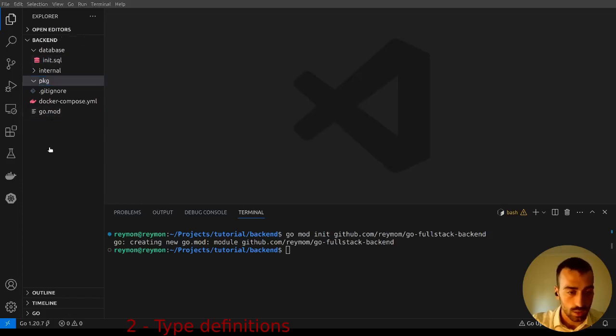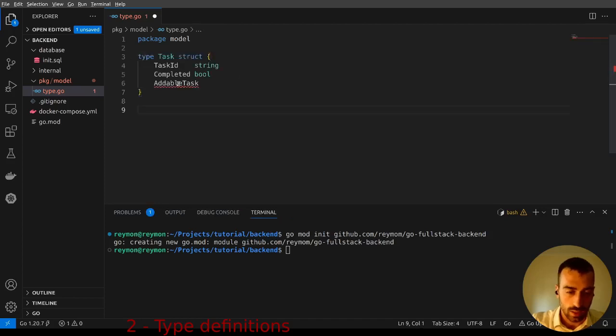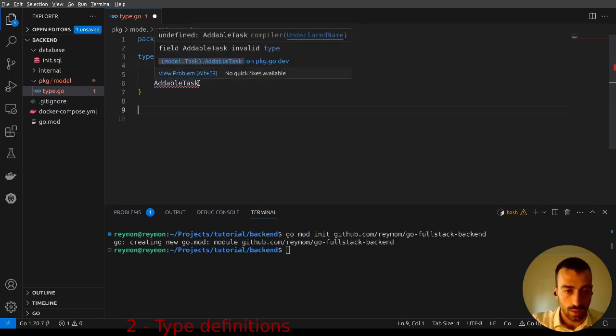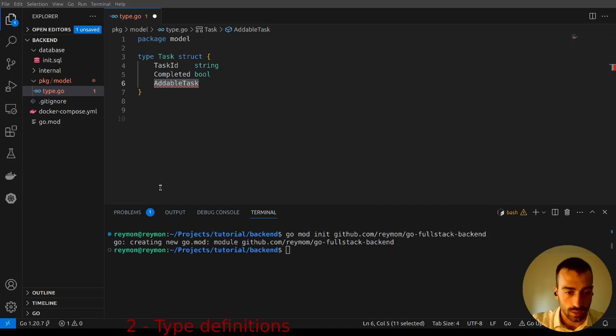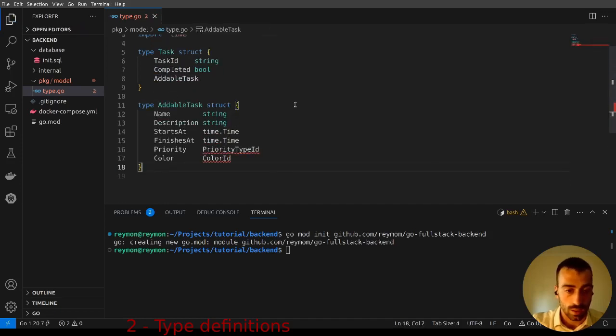inside here, this is going to be created in model. And inside model, we need the definition of the types. This is the package model. And here inside, in the types, we can create the task. And the task, I like to compose the types because these two are set automatically when we create a task. So I like to add an updatable task, which is the type that is going to be required in the